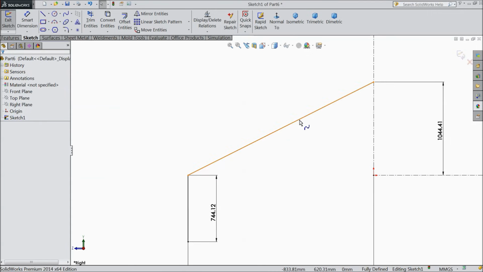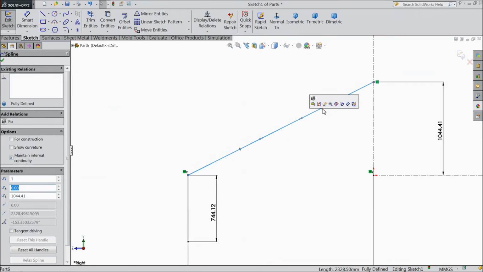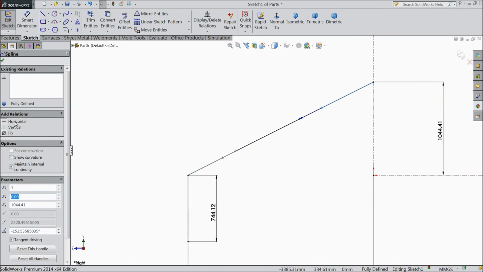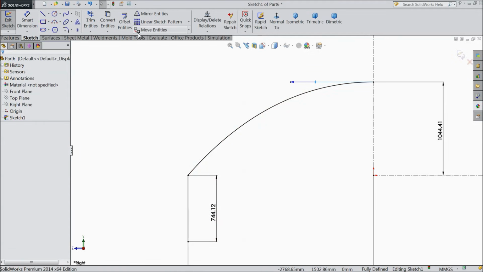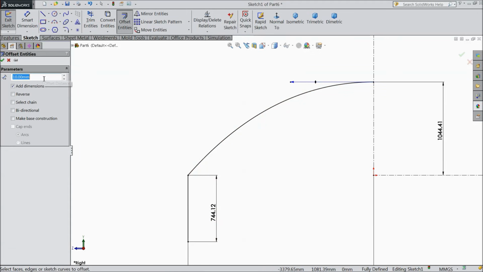Okay. Now select this spline, select this point and make relation horizontal. That's it. This one keep as it is. Okay. Now choose offset entity 48.89.